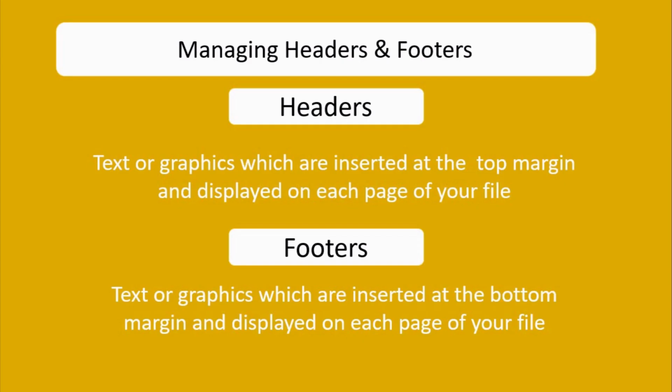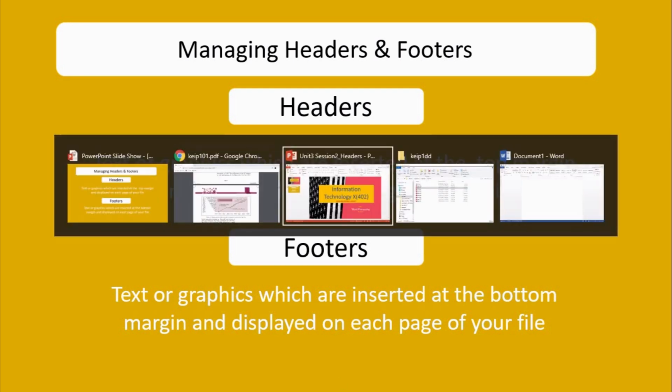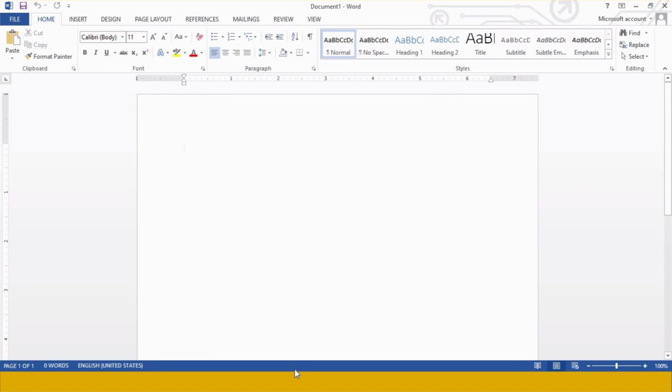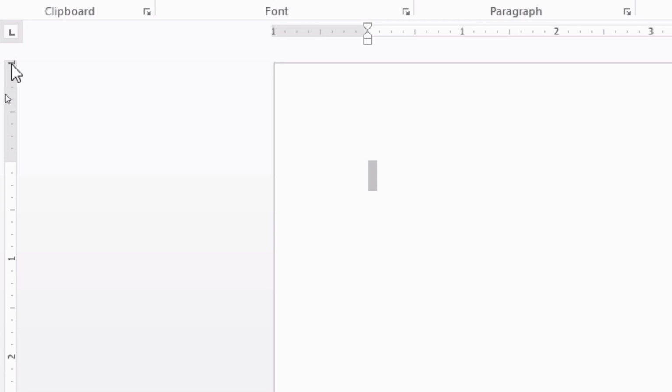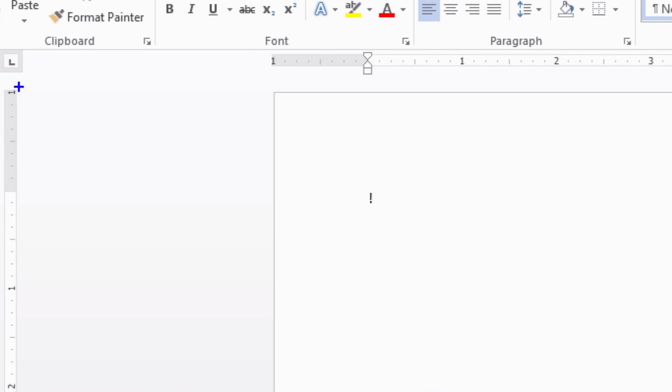Now how to apply headers and footers to your files? Let's see it practically. So now I'm switching to Microsoft Word. This is your Word screen and this is your page, and this is your top margin. You see this ruler line is here and the gray portion from this portion to this portion. Let me mark it with some indicator. This portion to this portion. This is a gray box, you must be able to see, and here also some gray portion.